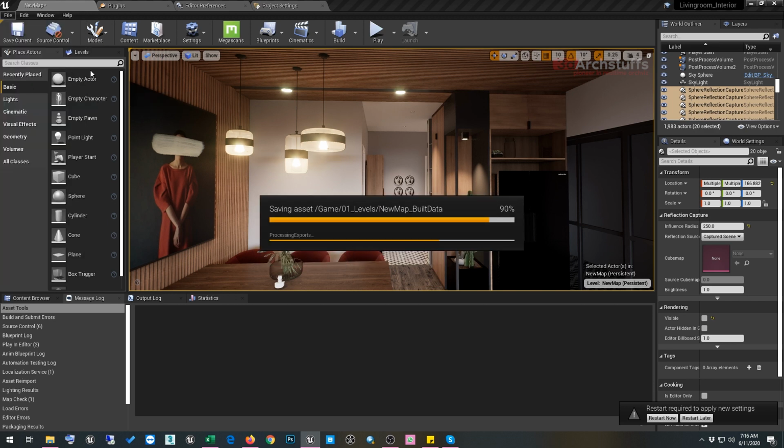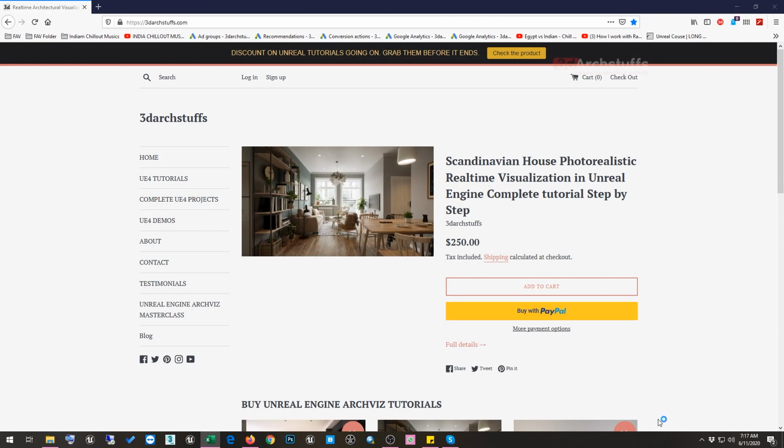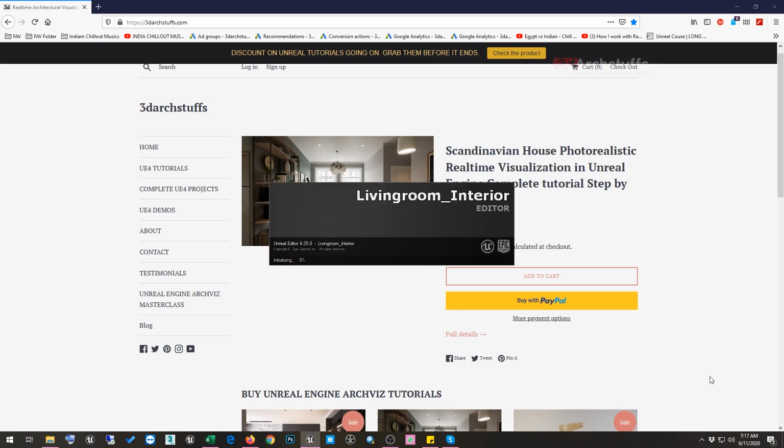I always save first and then restart, so that my changes do not get lost if something goes wrong, or maybe a power failure. Once the file is saved, we click restart now and wait for the scene to reload after the restart.